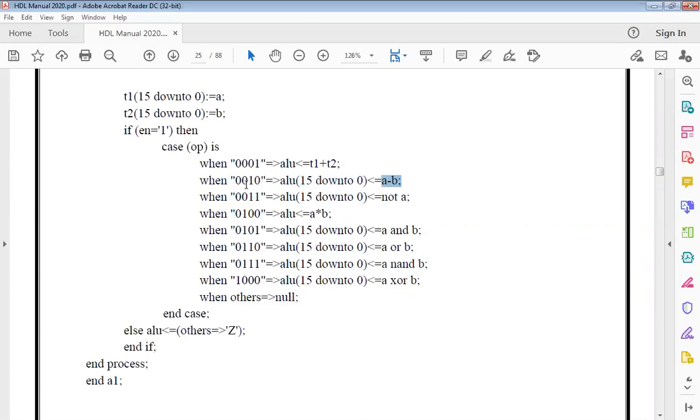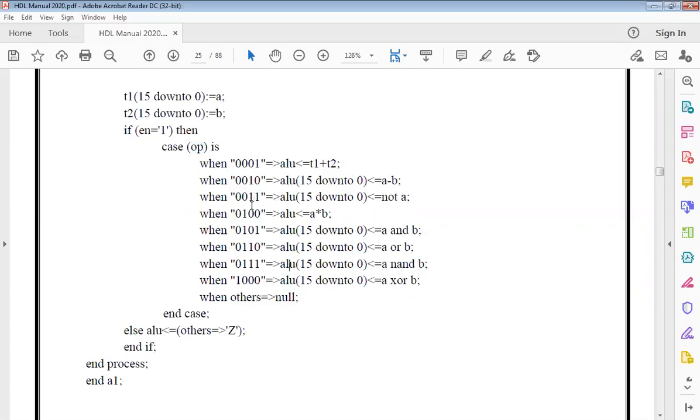If I give this code, 0010, it is just like a code, a channel number, right? If I give this code, 0010, then it should be a subtraction operation. If I give 0001, then it should be an addition operation. So this is like a channel number. It is telling us what operation is actually happening with this code, and this is referring to the opcode, right?